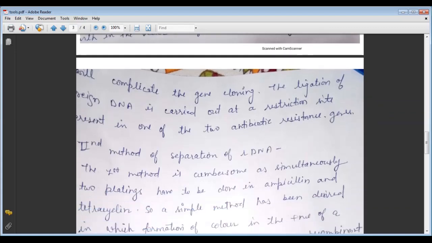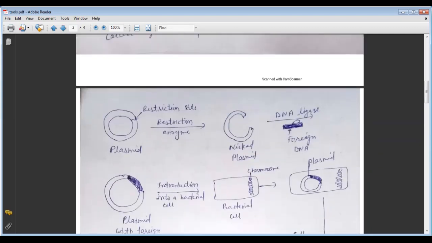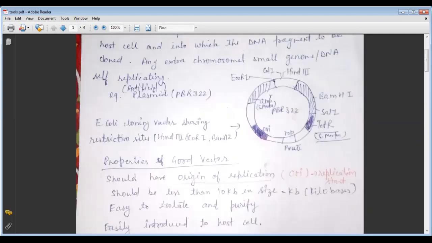So in this there is a description, and one example we can take here is if we ligate a foreign DNA at the BamHI site, here is the BamHI, in this part is the BamHI or ClaI, at the BamHI site of the tetracycline resistance gene in the vector, that is pBR322. So the recombinant plasmid will lose tetracycline resistance due to the insertion of the foreign DNA, but can still be